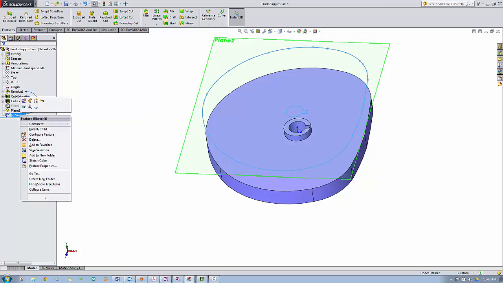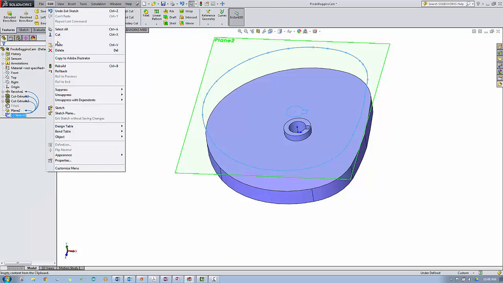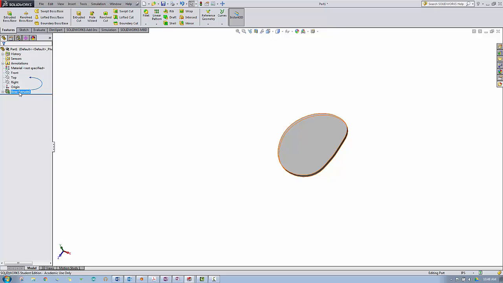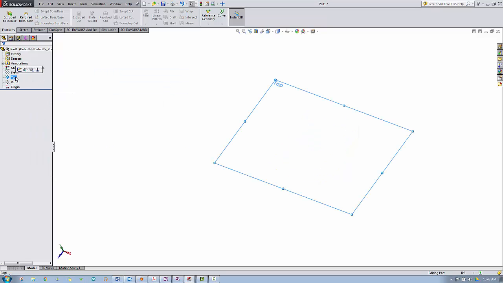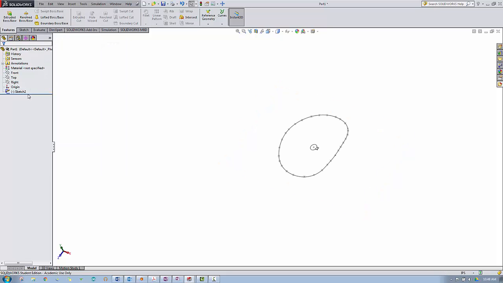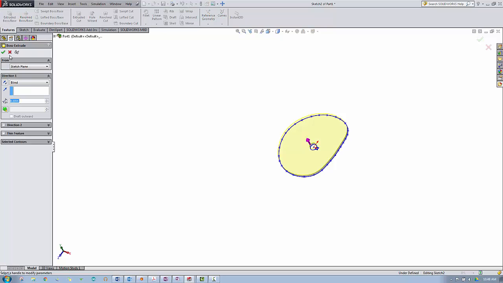And I'll go ahead and copy it over here. I'm sorry, it's up here under the edit menu. Edit, copy. I'll go back to my other part. I'm going to go ahead in here and delete that, and delete the sketch. Go back to select my top plane, go to edit, paste. And now I'll go ahead and edit the sketch, and in this case I can extrude it out to a distance of, I think I was using 0.25,